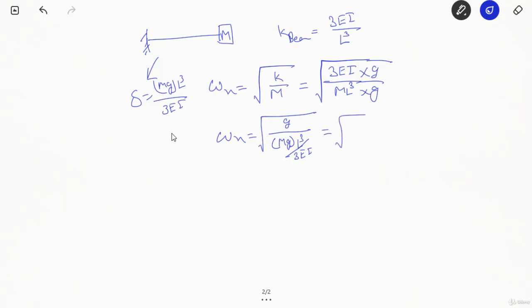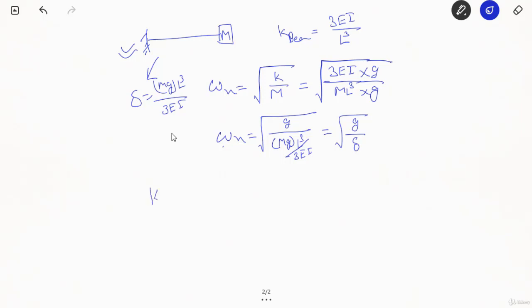So this we can replace with the deflection. So the formula of natural frequency in this case will come out as omega n is equal to under root g by delta, right? Now, similarly, the example of steel wire we took earlier is like